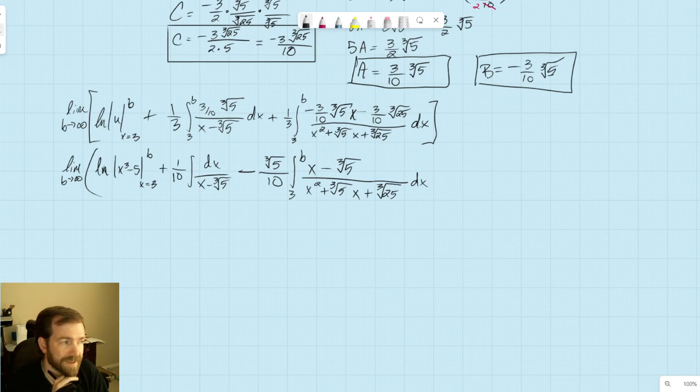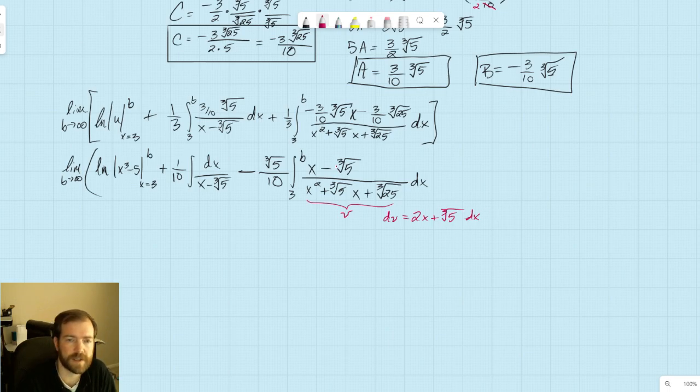So close. Okay, so if we let this be the new u, which I guess we could just call v, then dv is going to be equal to 2x plus the cube root of 5 dx. So we need a plus cube root of 5 dx, and we don't have it, so we need to multiply